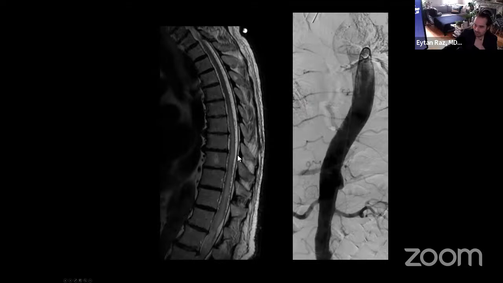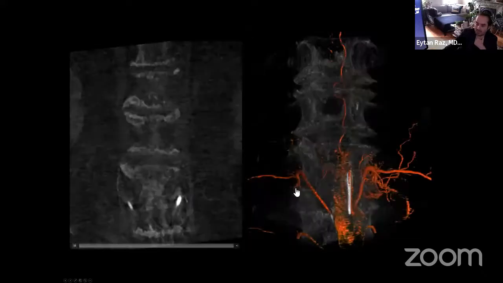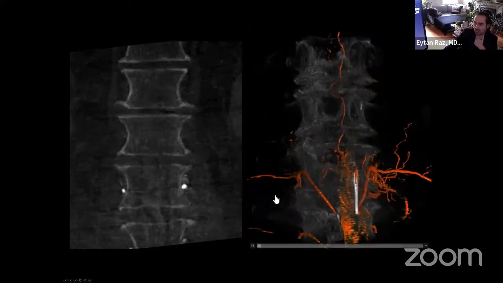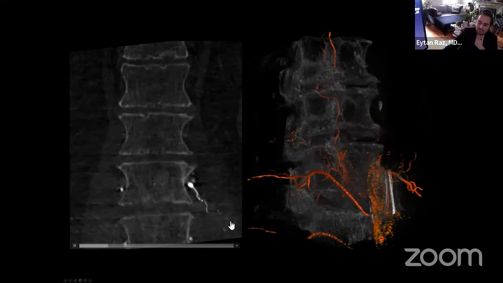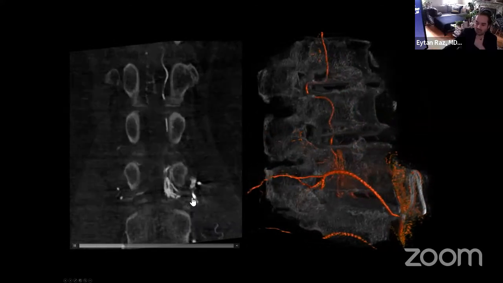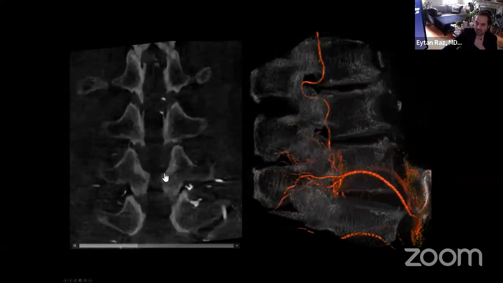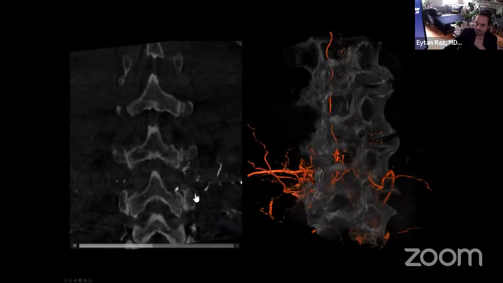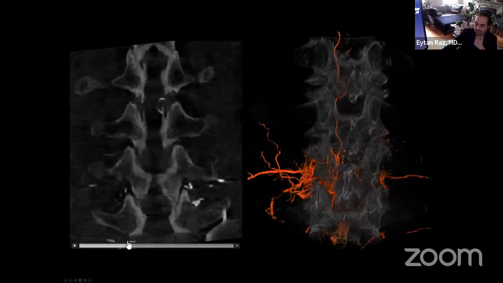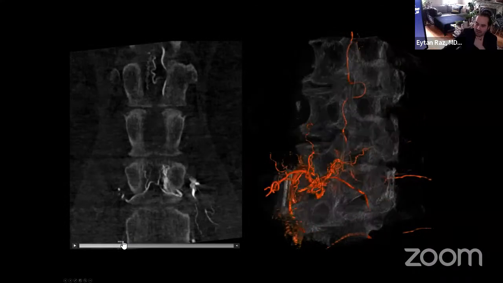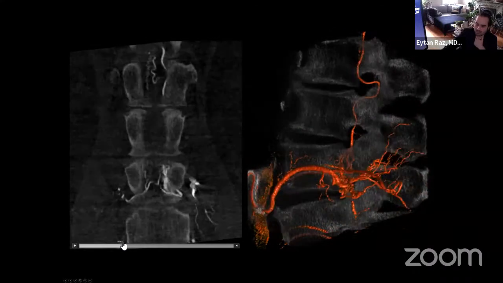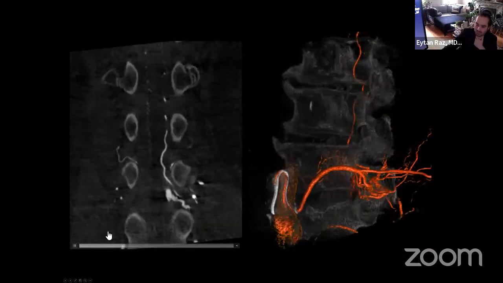Patients with this sort of imaging, in an obvious situation where you're very likely to identify a dural AV fistula, and once you identify it, to understand how to treat it, it's essentially routine to do this sort of imaging. In this case you see the venous outflow in the spine, but you can follow the vessel and see how this segmental branch is supplying the fistula, and here it is through this